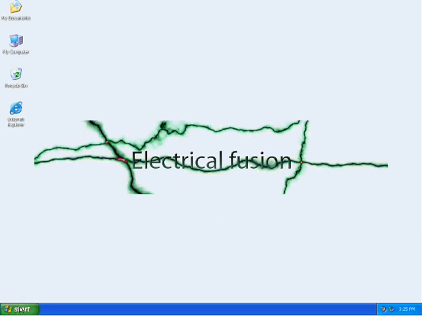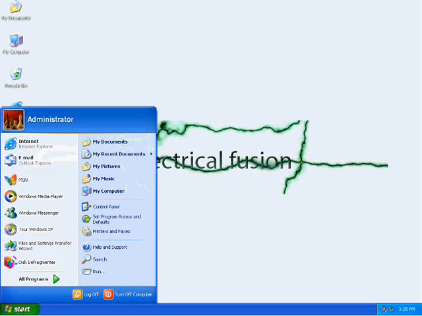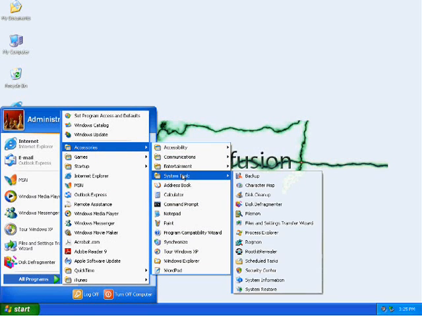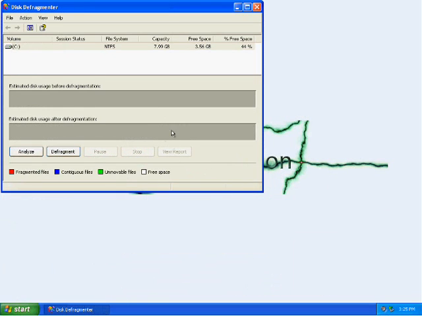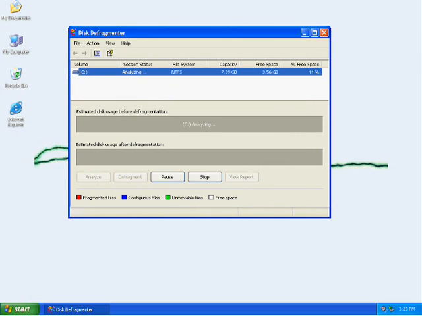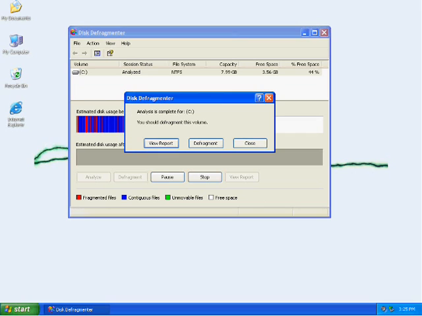Next on our list of things to speed up your computer is defragmenting your hard drive. The way we'll do that is to open up your Start menu and go to All Programs, then up to Accessories, System Tools, and Disk Defragmenter. This utility is very useful here. First of all, you want to click on the Analyze button to see what your hard drive looks like. If you want, you can look at a detailed report by clicking on the View Report button,